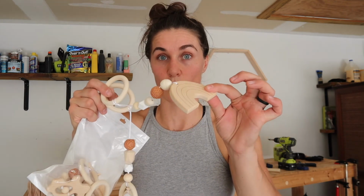The legs have been secured, one side of them, the other side not yet, so we can put the little baby gym sensory items on. I just bought these on Amazon. I'll link them below. I am not the best with whittling nice, cute little wooden items as of yet, but